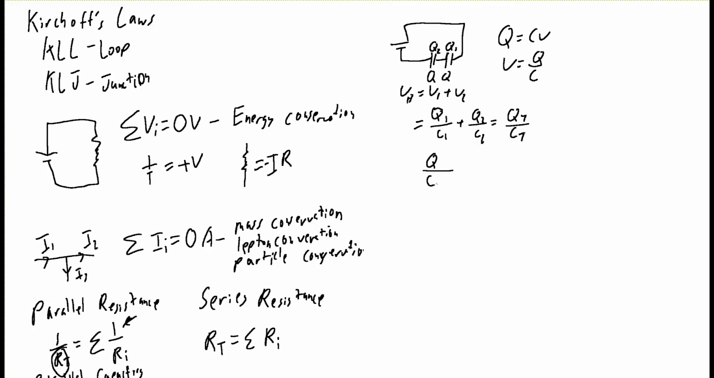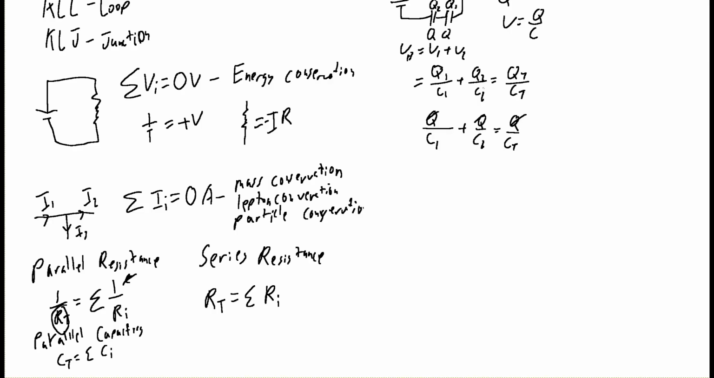So that's Q over C1 plus Q over C2, and that is equal to Q over C total. Now we cancel those out. We can just keep going if we needed to. So it turns out that our series capacitance is that 1 over CT is equal to the sum of 1 over CI. So these guys have traded places